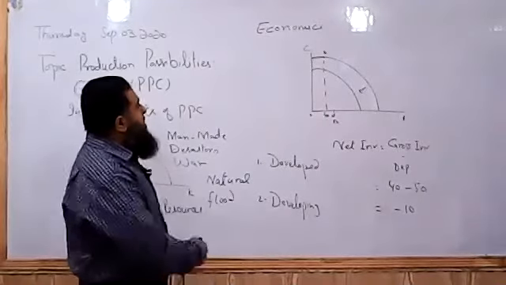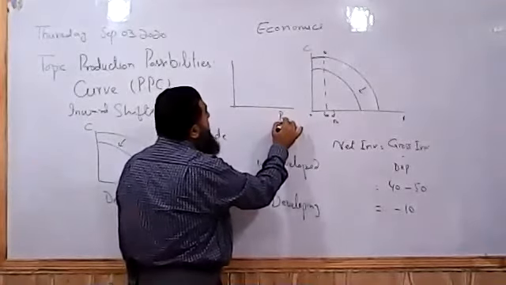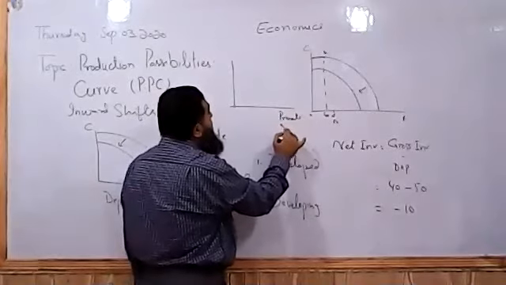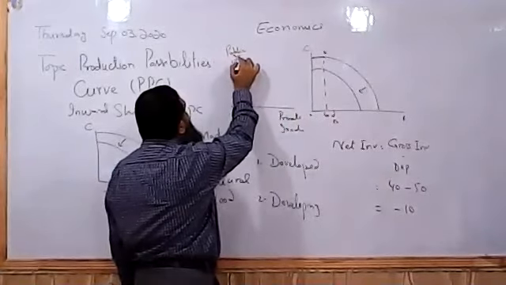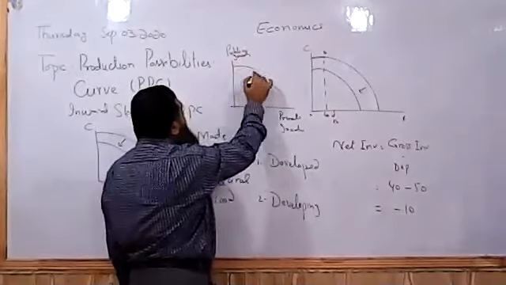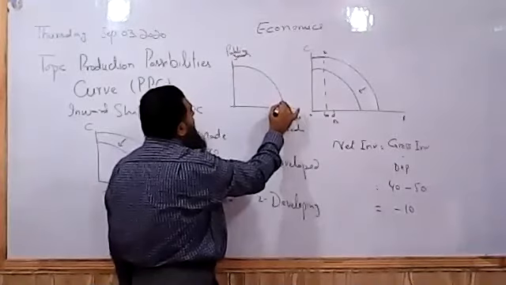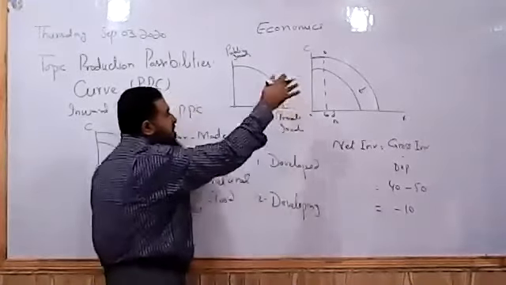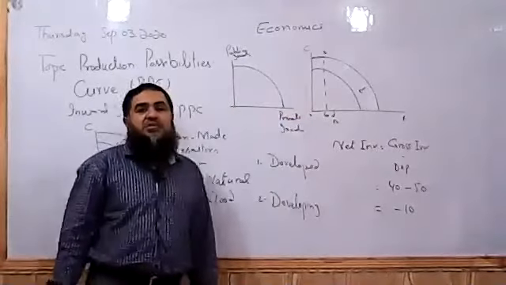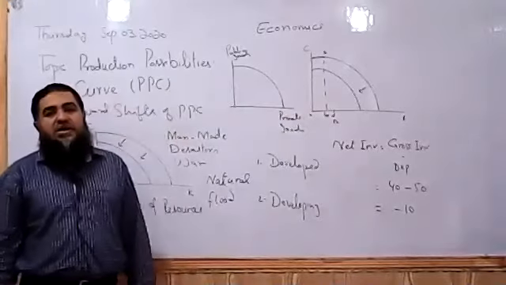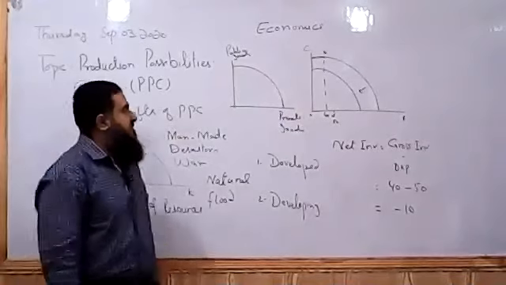We can also use PPC. These are all applications of PPC to represent an economic system. Here I am taking private goods and here I am taking public goods. Now, what type of economic system is followed? If this country is producing more private goods, like almost all the goods produced are private in nature, we say this is a free market economy where government is playing no role. All the resource allocation is done by the private sector, private producers and consumers, they are deciding.